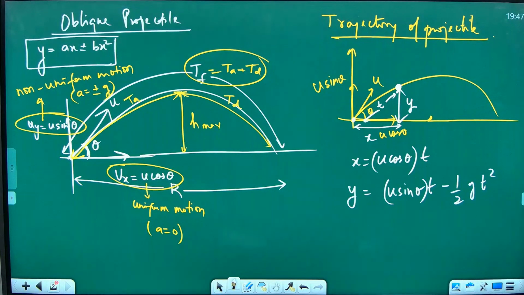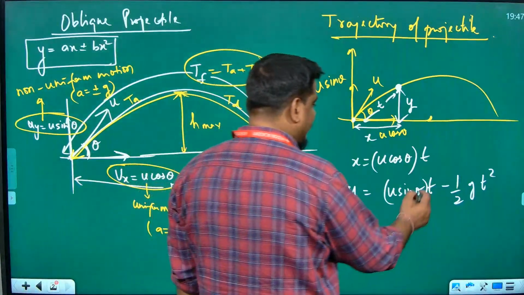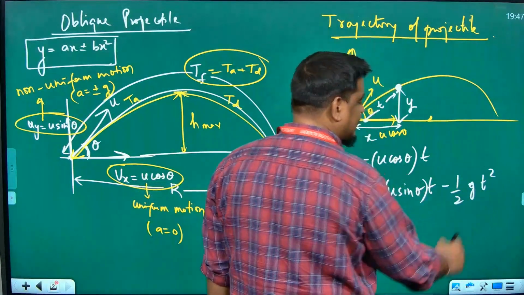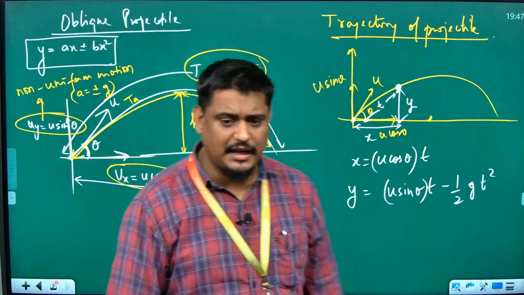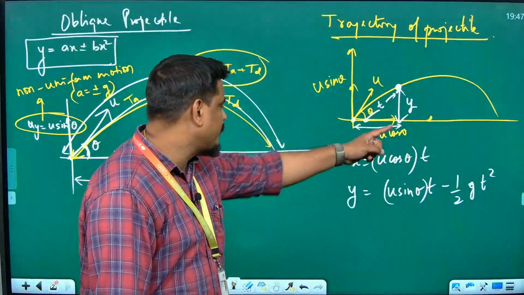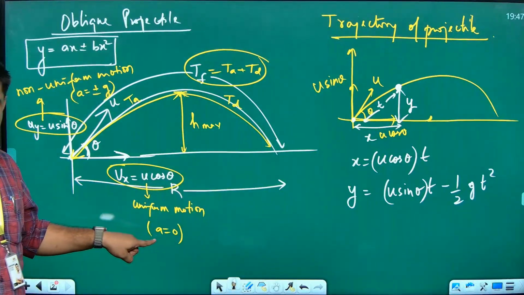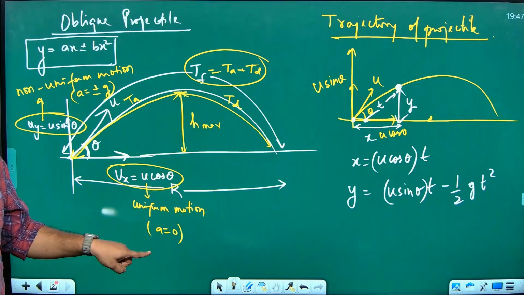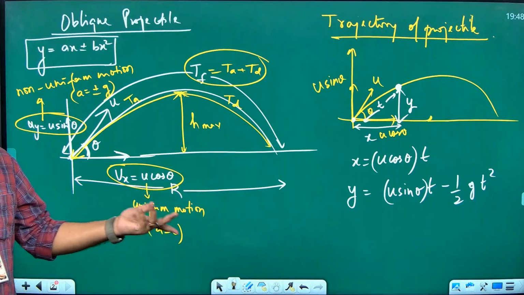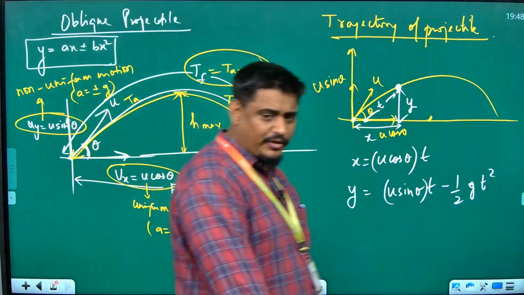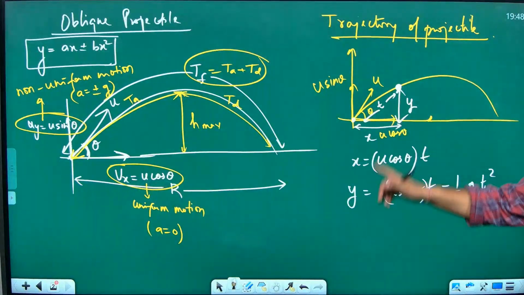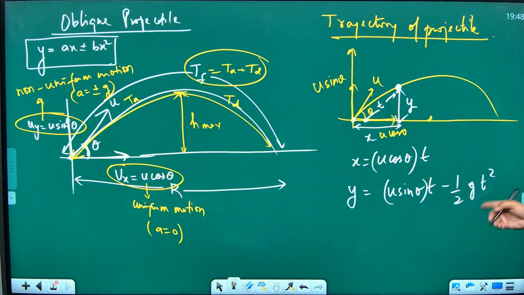Yes. Again, I will explain. First equation, the equation of displacement is given by the formula ut plus half at square. But what is the acceleration for the cos theta component? 0. So, u cos theta into t plus 0, which will become u cos theta t. Got my point? But the vertical component is having minus g. So, minus half g t square. Anybody else has doubt? What doubt do you have, Ali? Now clear? Everybody online understood this thing? Srinivasan, clear what I have told up to now?